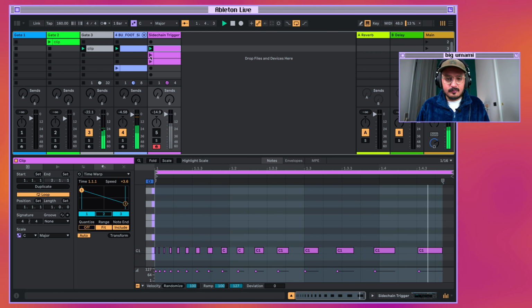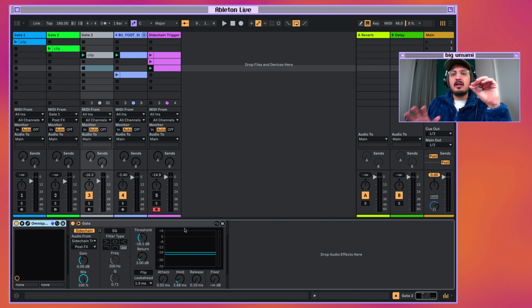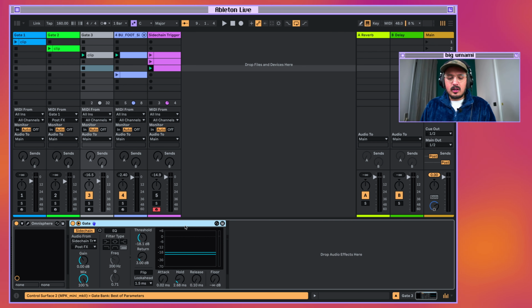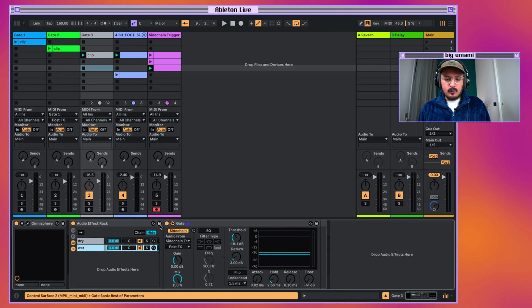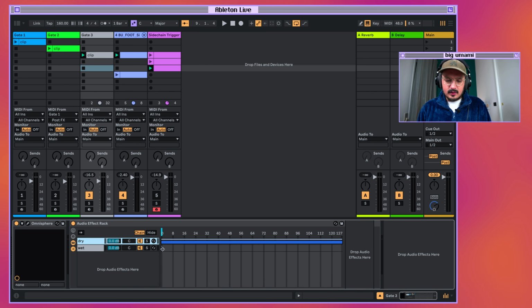So a couple more things about this technique. First of all, you are kind of missing a dry wet control, but once again we can fix this by creating an audio effect rack, and we create a new chain, and in this chain we have a dry and a wet. So the dry has no effects on and the wet has the gate, and we go ahead and we look at our chains, we drag this like so, create our fades,